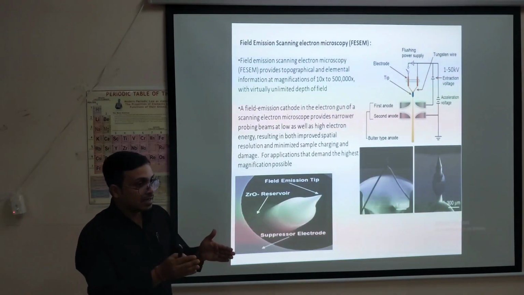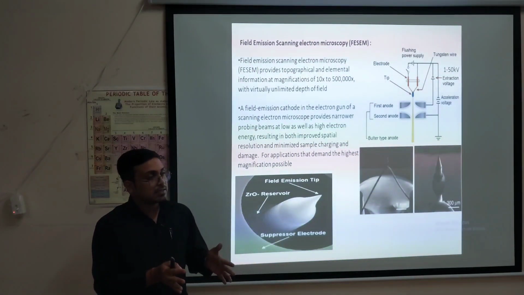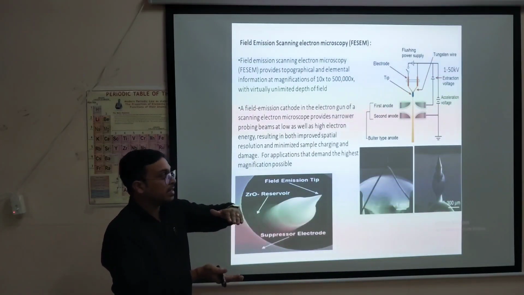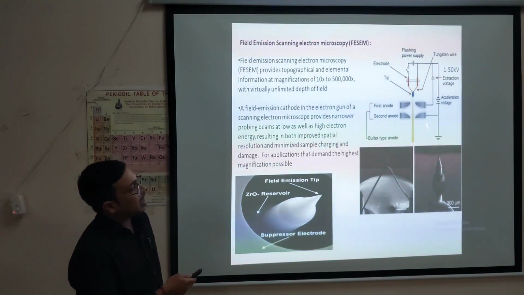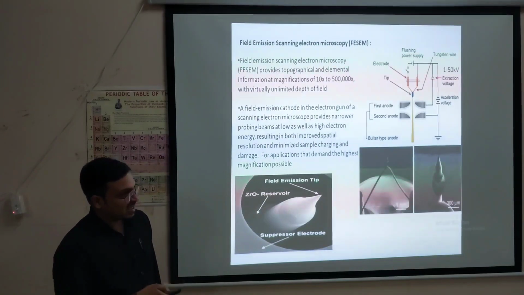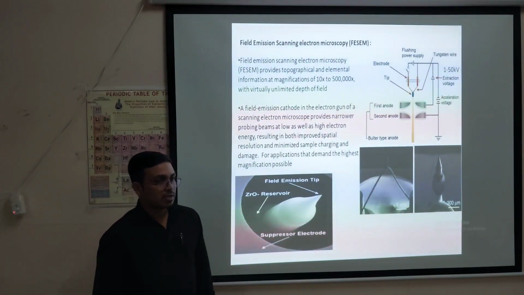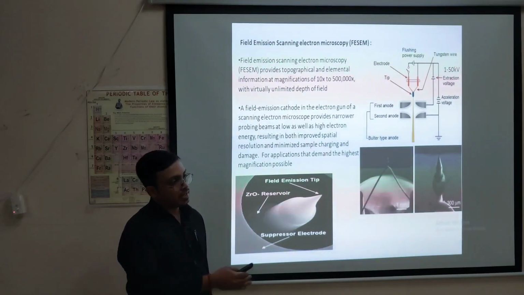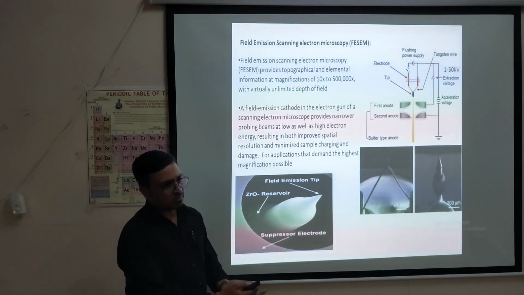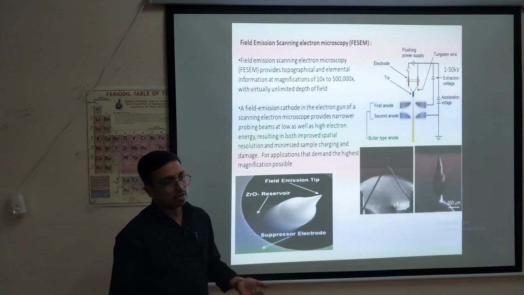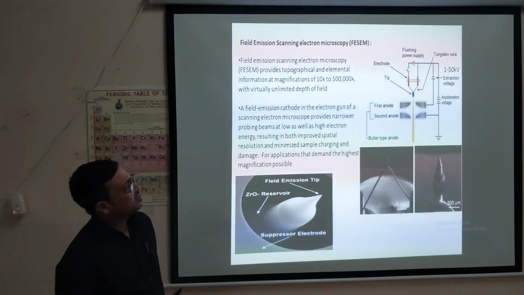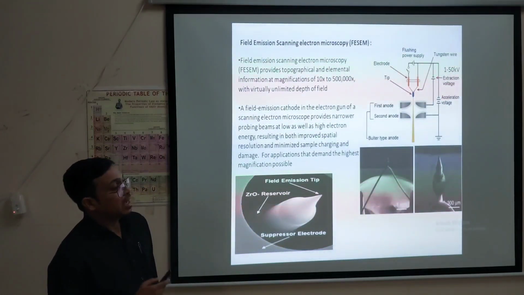Okay, and the accelerating field here means the potential that is maintained between the cathode and the anode. That accelerates the electron coming from the source. That will be around 200 to 300. In some books also it was written 200 to 300 kilovolt around. Okay, here also I have written 1 to 50 kilovolt. And one more thing,